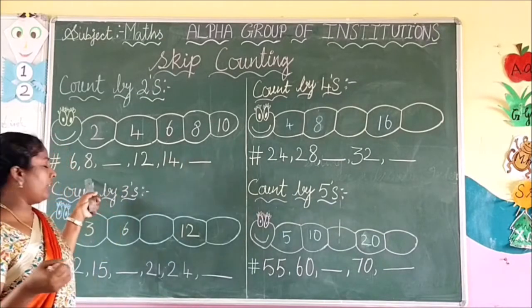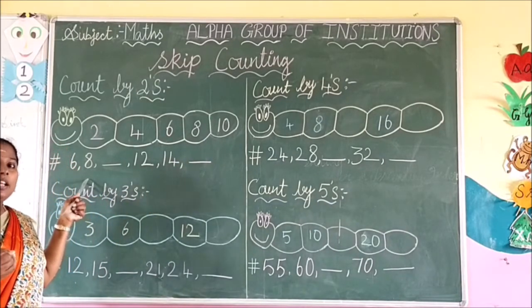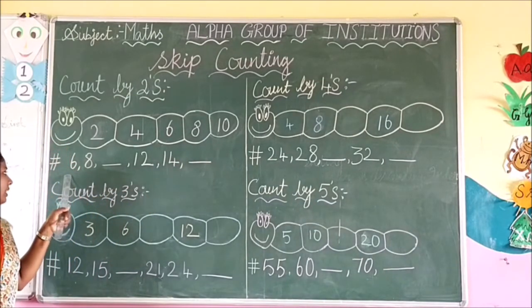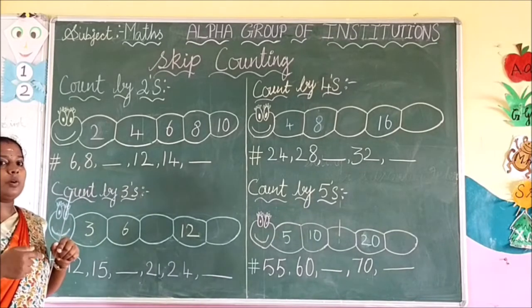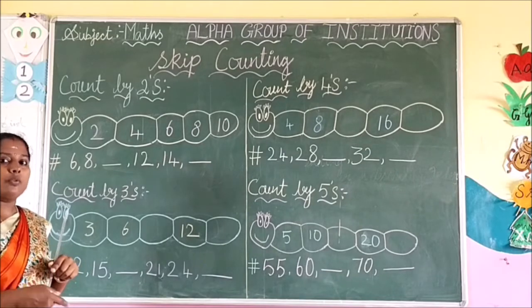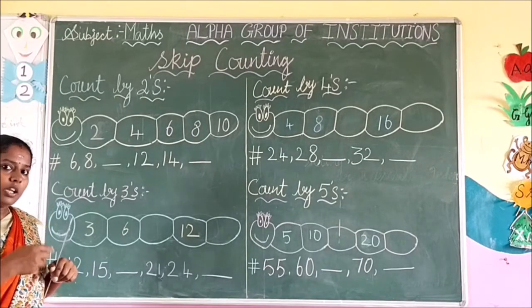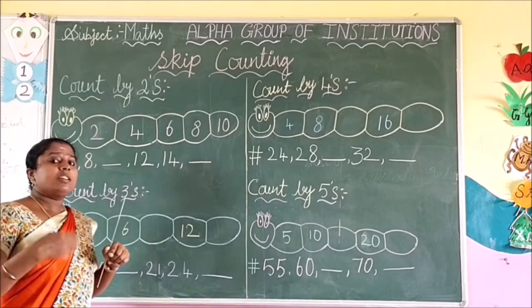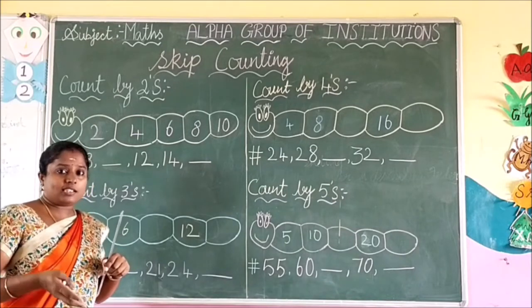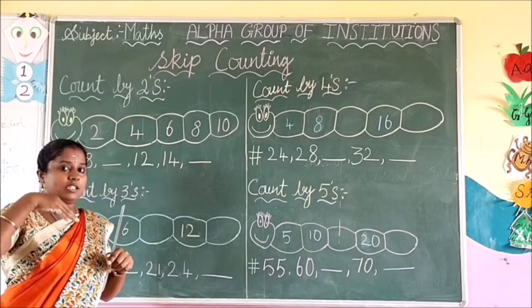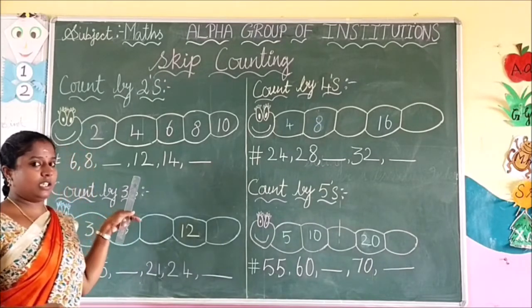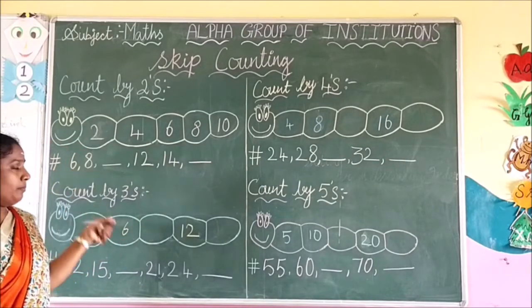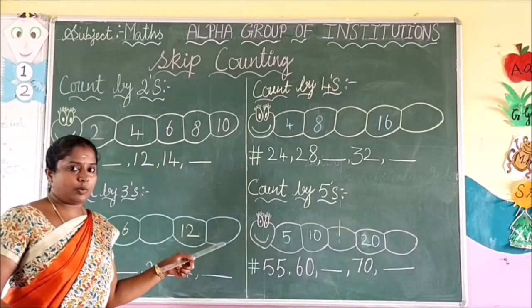Now shall we go to the next one? Count by 2. What have they given here? First we have to analyze whether it is skip counts by 2s, 3s, 4s or 5s. It may even go on with 5, 10, or 20s. Skip counting is like that too. Initially we just see those that go by small numbers.